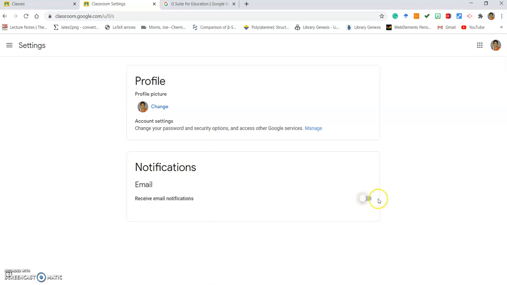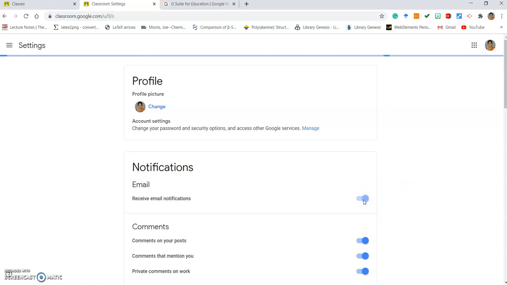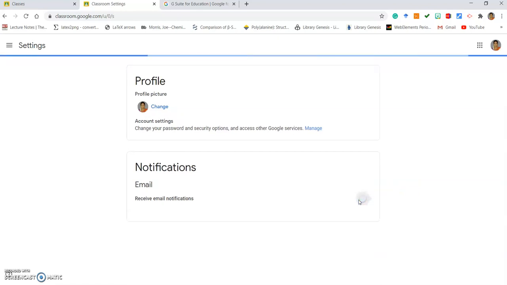Because each notification will occupy space in your Gmail account, your Google account. I prefer not to receive the email notifications, because I'll be using the classroom daily and checking everything daily, so I just use this option. So this is the basic setting: if you want to save space, you can keep this option, or if you have a large amount of space, you can enable it. Actually, I have limited space in my personal account, so I just disabled this option. So that's all about the basic settings of Google Classroom.